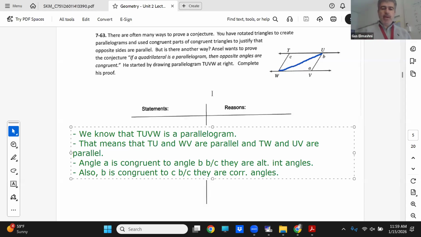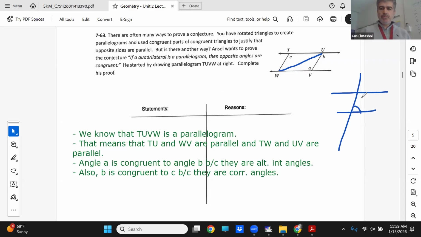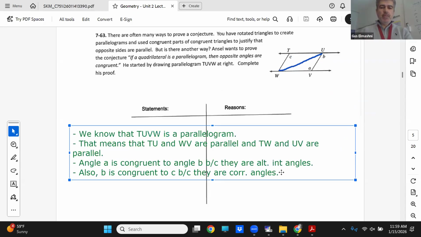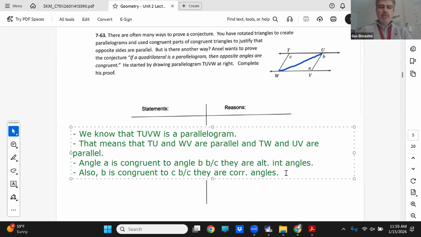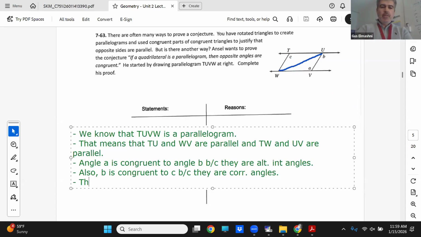When you have parallel lines, see how B and C are also corresponding? So that means